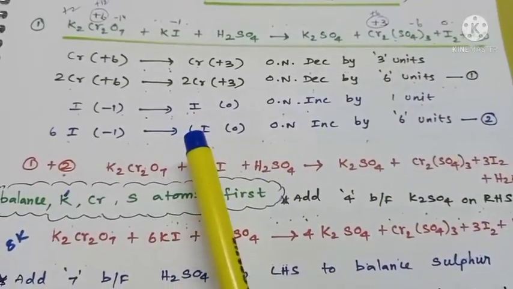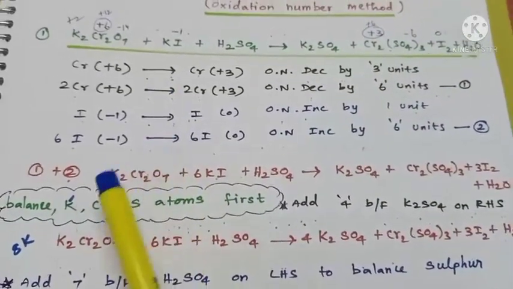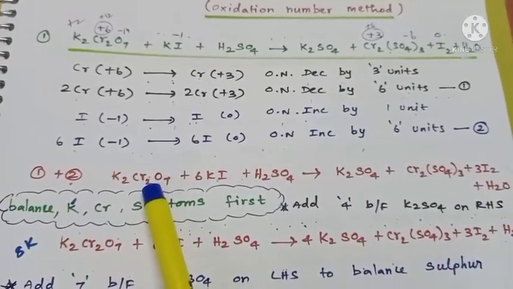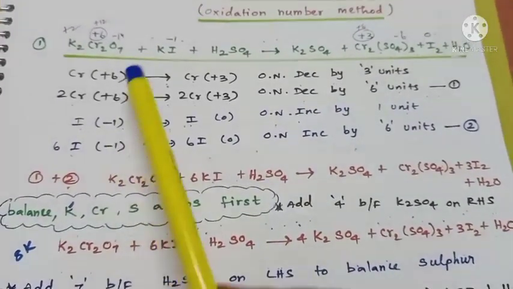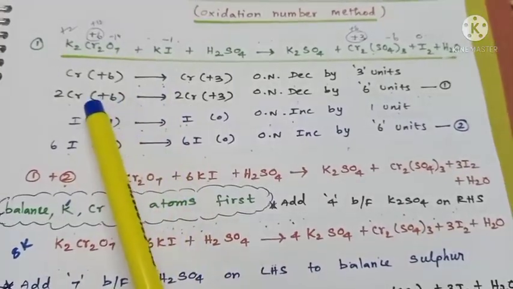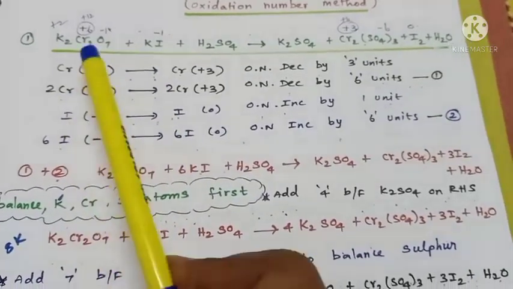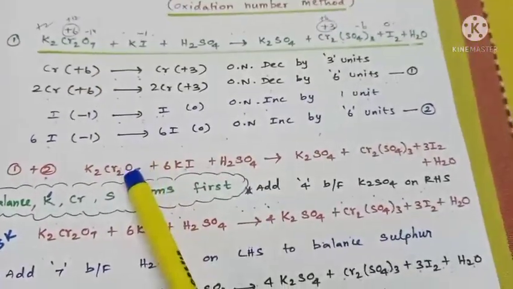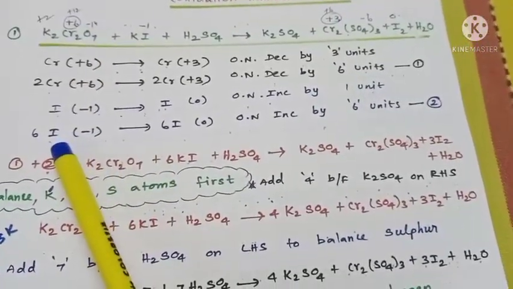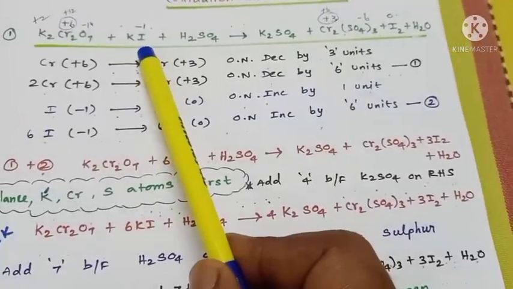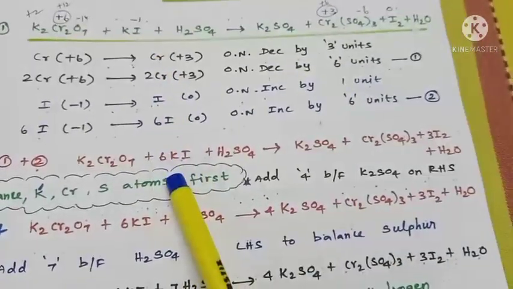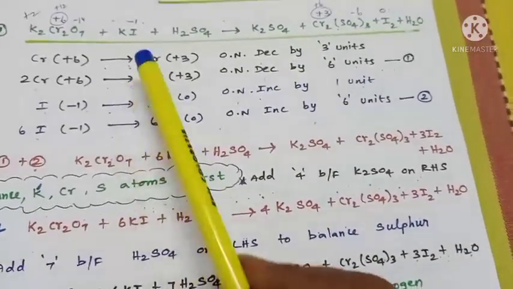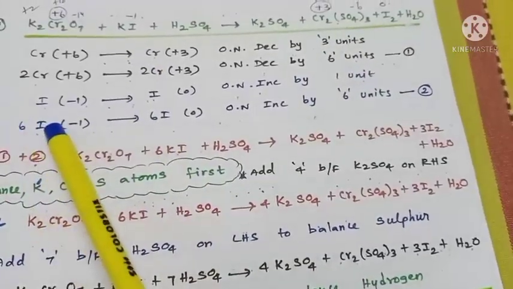So now let us add equations 1 and 2. But while adding equations, you have to compare with the original equation, isn't it? So first equation left side 2Cr, but originally it is in K2Cr2O7. So let us write the same thing. Then second equation left side 6I, but originally it is in the form of KI. So let us write 6KI. Now it is balanced, 6 iodine here, and here also 6 iodine.